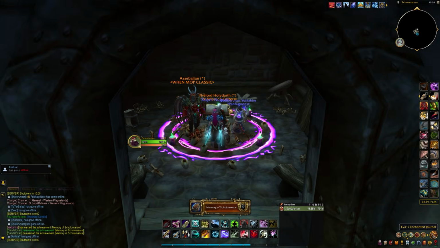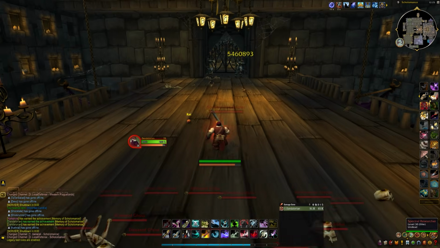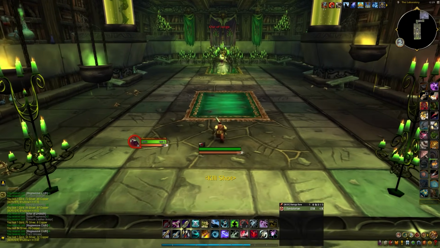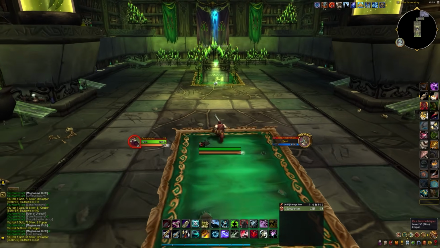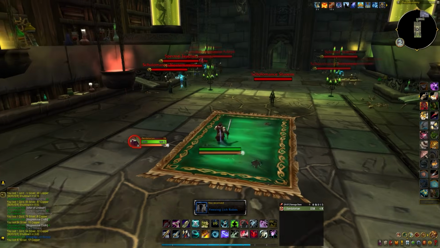Now, this is where you can actually enter the vanilla version of Scholomance. This is complete with all of the loot, all of the transmog, and all of the items which were back from Vanilla WoW, and this is an account-wide unlock as well. So once you've done this on one of your characters, all of your characters will have access to the vanilla